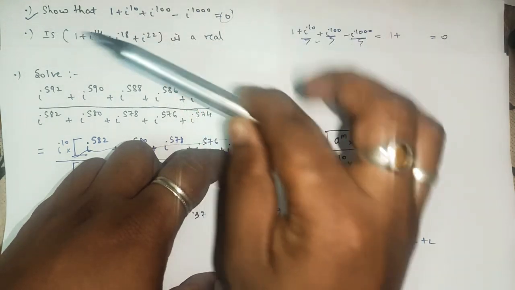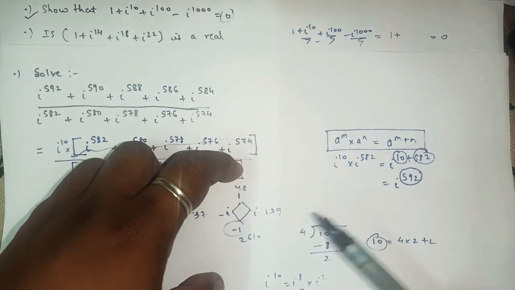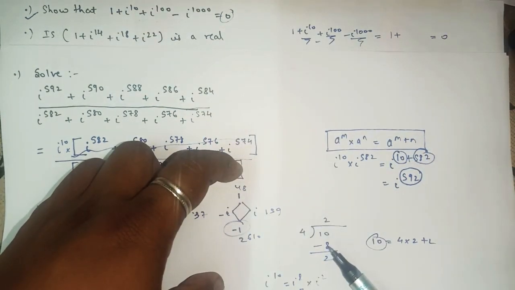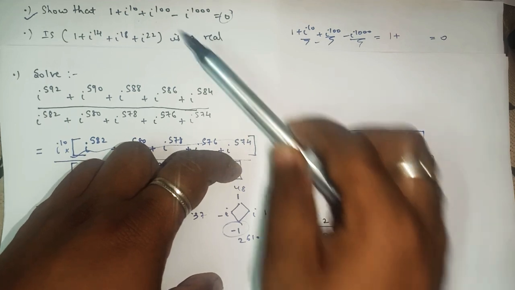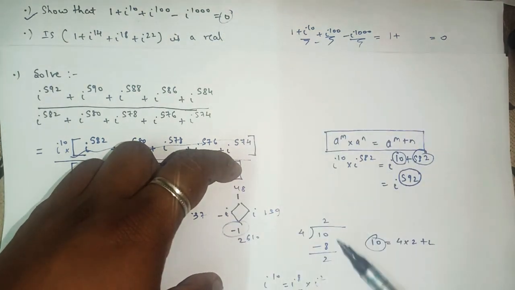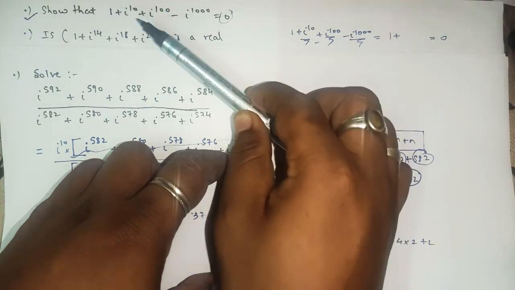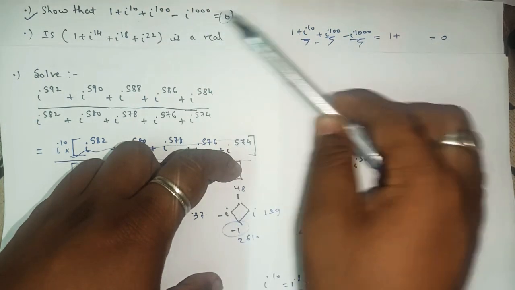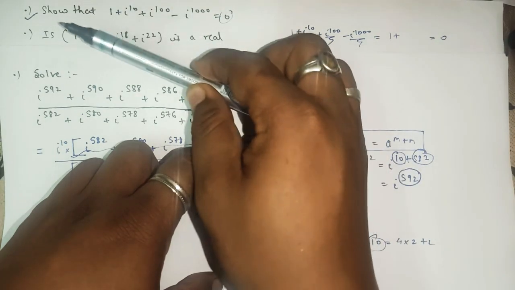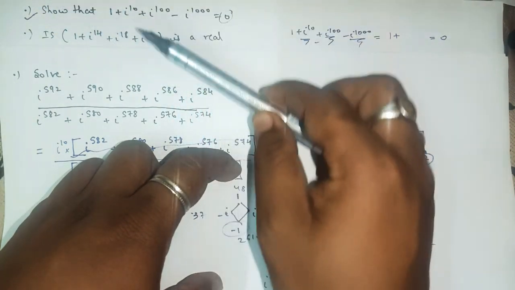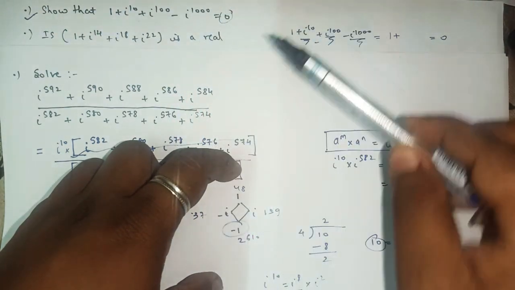So in simple language, first you will find i raised to 10 by using this technique, dividend equals divisor into quotient plus remainder. Then i raised to 100, i raised to 1000. Take the left hand side, substitute the value. If it is equal to 0, then we can say left hand side equals right hand side, and the statement is proved. As it is clearly mentioned, show that means this left hand side answer has to be 0 only,